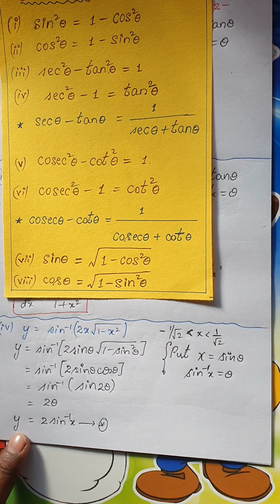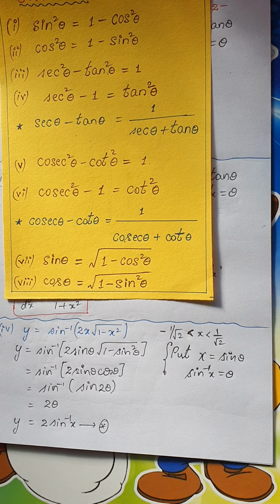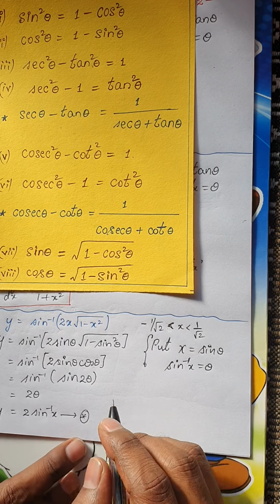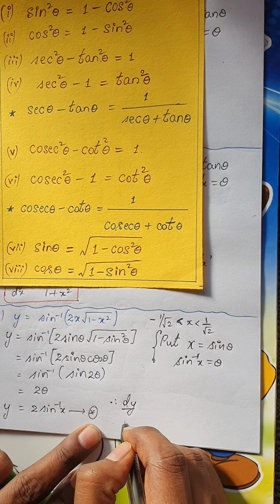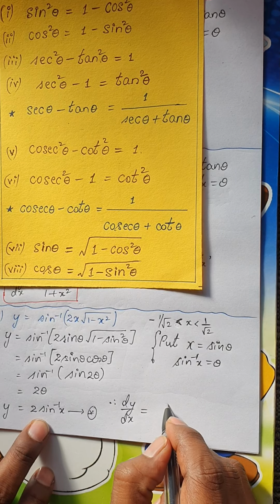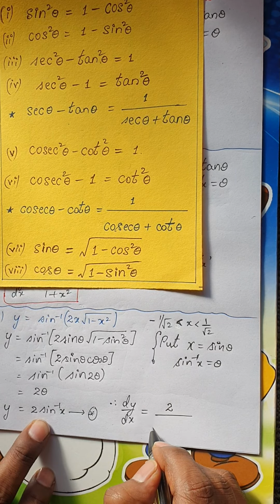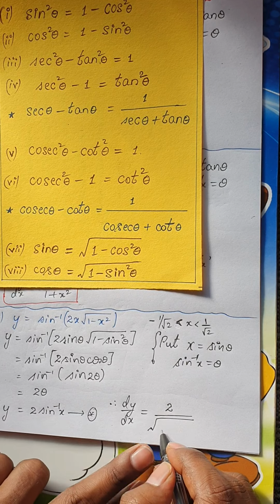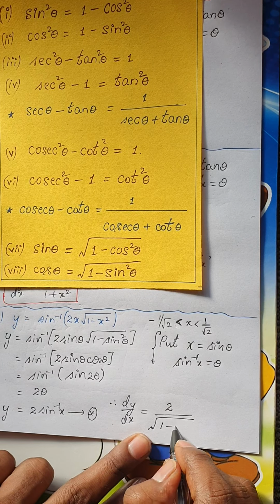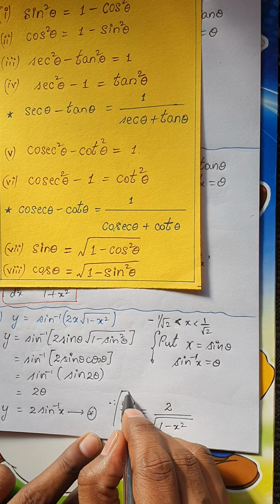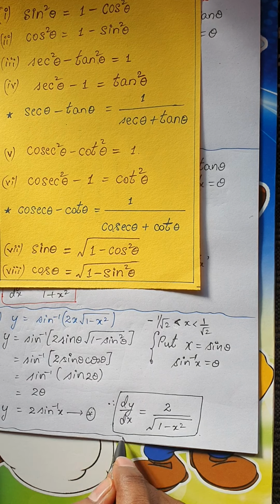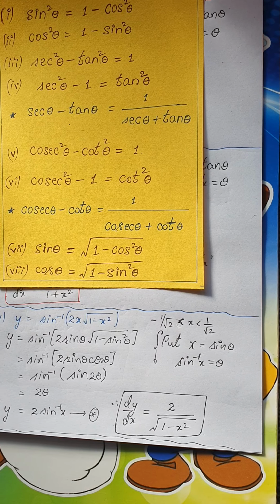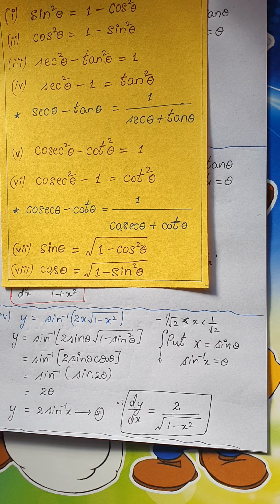So I have to differentiate this function now. Y is equal to 2 sine inverse x. Therefore you can write directly dy by dx is nothing but 2 is a constant. We know the derivative of sine inverse x is 1 divided by root of 1 minus x square, so 2 is multiplied: 2 divided by root of 1 minus x square. Okay, so this is the derivative of the above given function. You can easily get the differentiation of inverse trigonometric functions for 2 marks. You can easily solve this provided you know the required basic formulas.